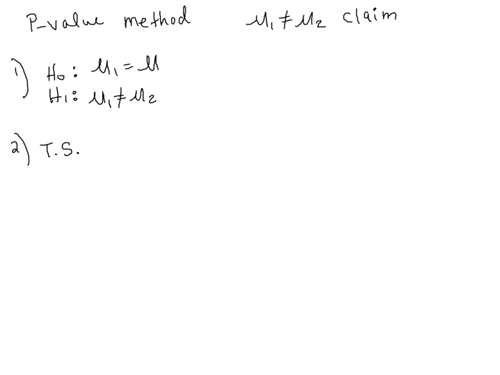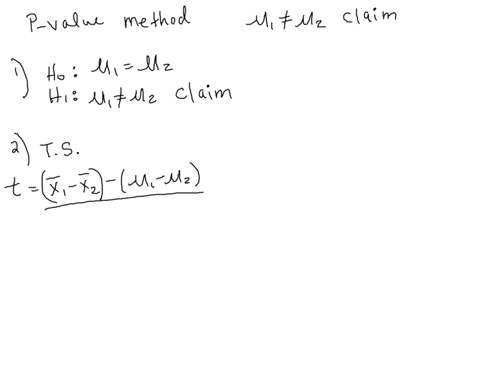Okay, so that means in the null, I'm going to have this statement of equality, right? All right, so we already know the test statistic. We have x bar 1 minus x bar 2. So it's the difference in the sample means minus the difference in the population means